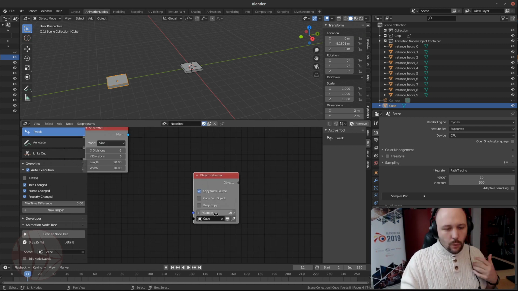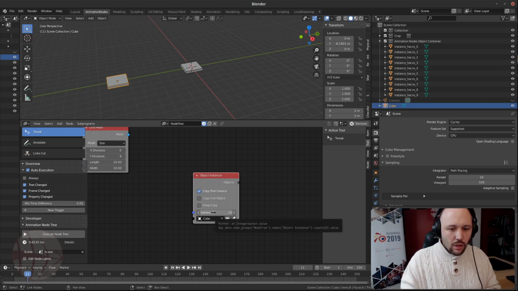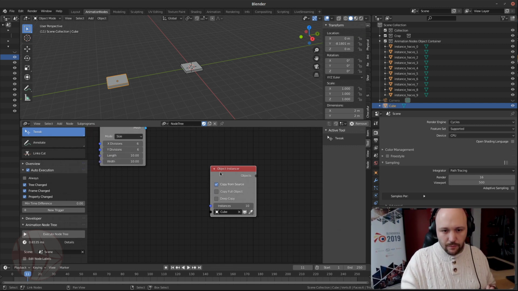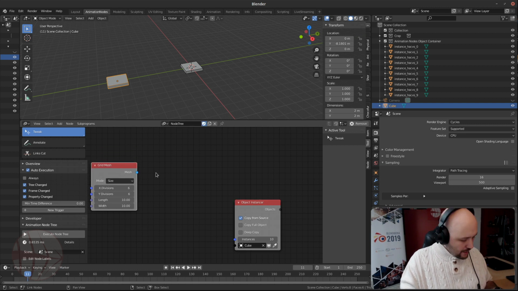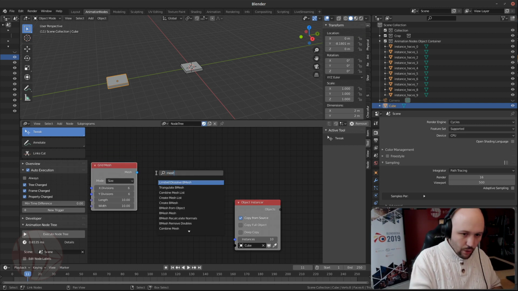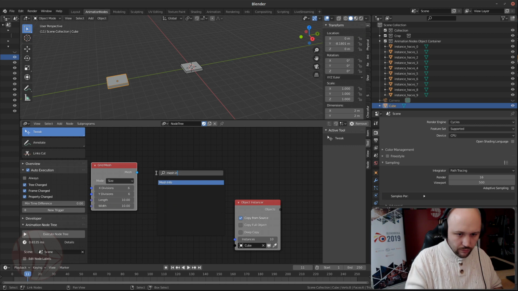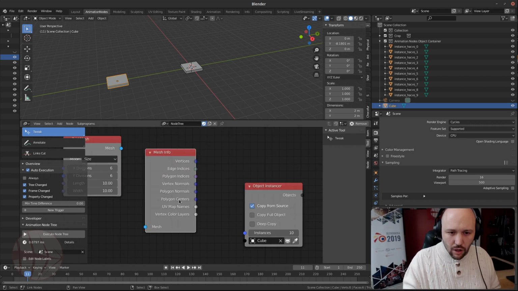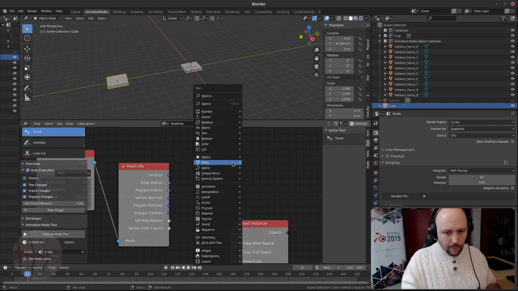Well, for starters, we are going to use information from the grid mesh to generate the exact amount of objects that we want. So we want 6 by 6. For that, we have mesh. We can use the mesh info node, and this mesh info node is going to give us a lot of information. We can connect the mesh to mesh, and if I use a viewer